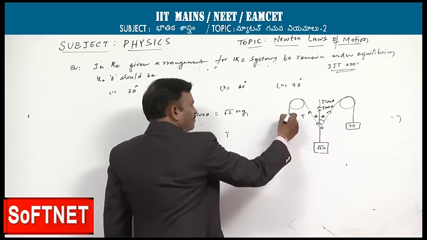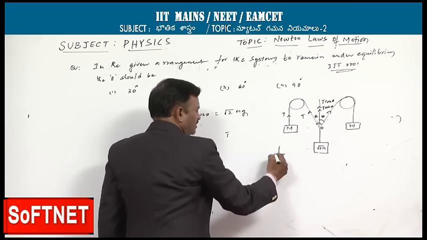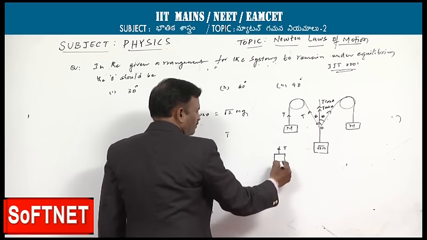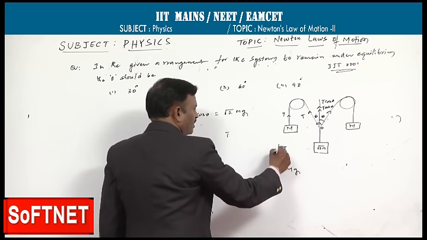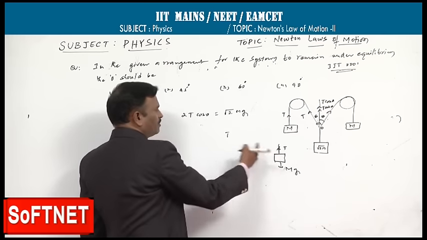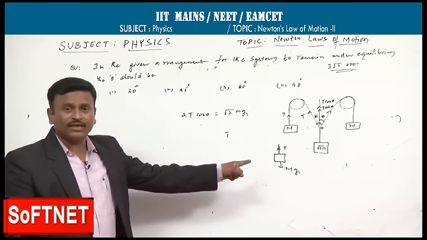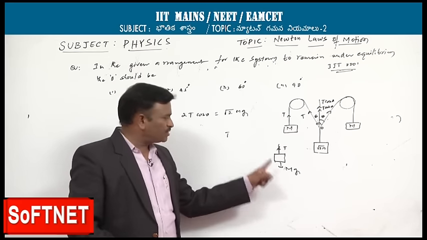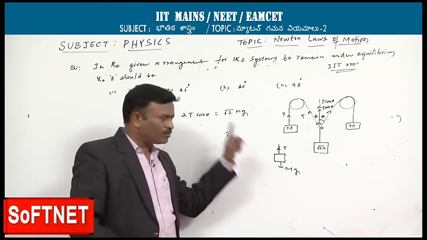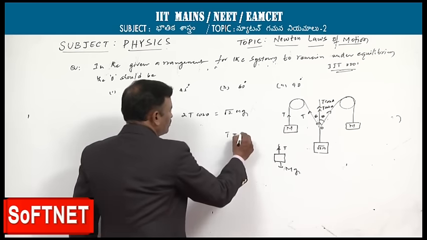For the free body diagram, tension T is acting up and mg is acting down. So taking the free body diagram condition, for equilibrium, tension should be equal to mg, since it is not a moving body, it is a body at rest. So T should be equal to mg here.